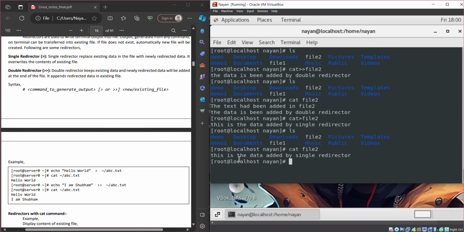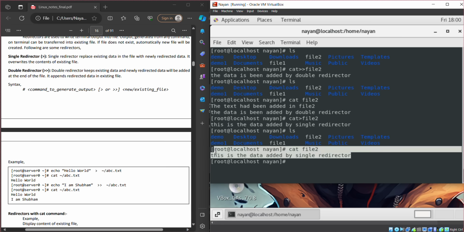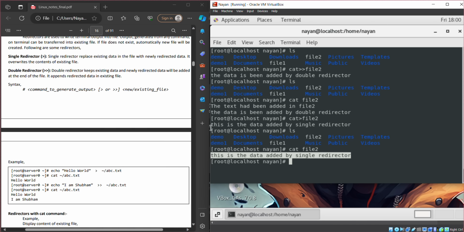So yeah, this is the data added by a single redirector. When we are using the single redirector, the output is this. The data which we had added by the single redirector will be here, and the data which we had added first, at the time of creating file 1 and using the double redirector, has